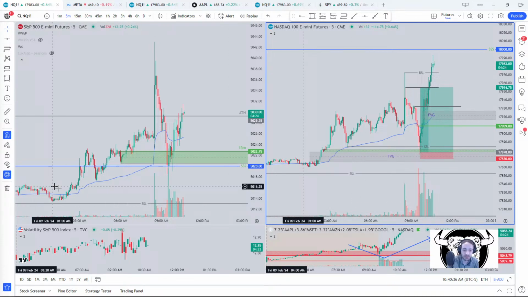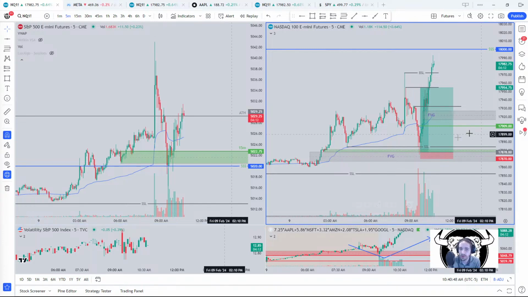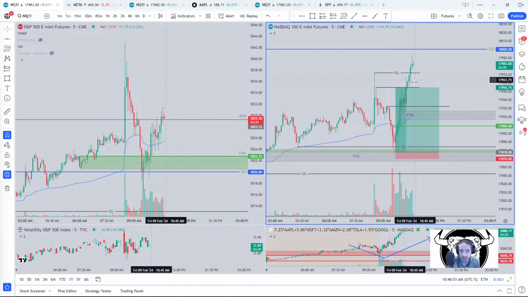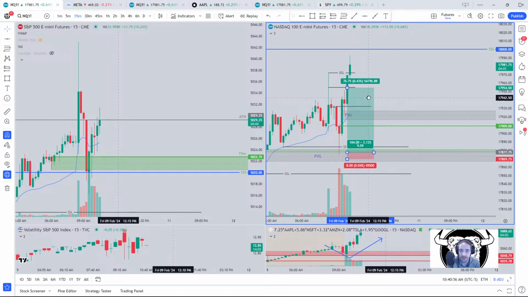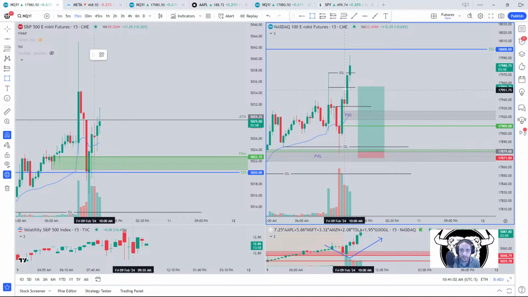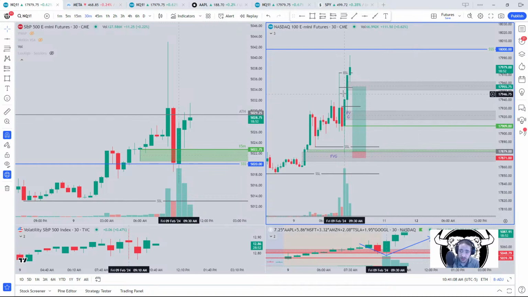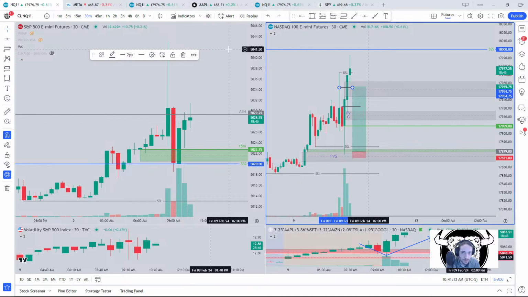So what else we got? It does look a little weak right now on Nasdaq. Like we might want to see a pullback. How's that 15 looking? The 15-minute might create a fair value gap, from there to there. Let's check out the 30-minute. What's the 30-minute doing right now? The 30-minute fair value gap. I'd rather mark out the 30 than the 15. Mark these out of the way.